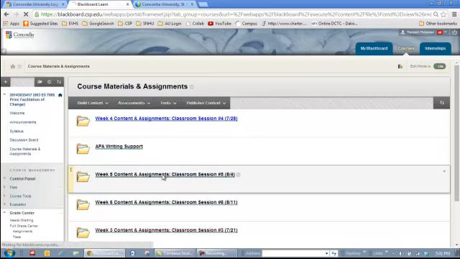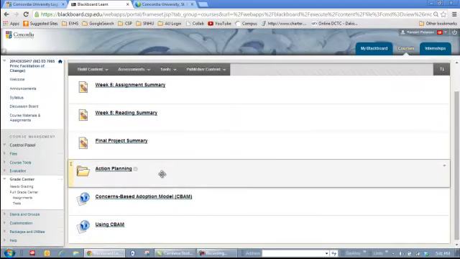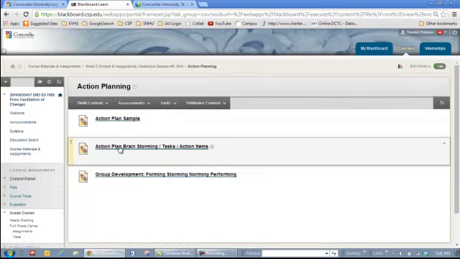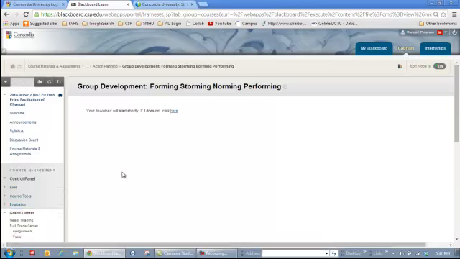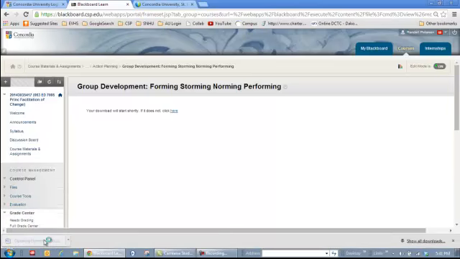If we go back to that file, that week 5 folder again, action planning, you'll also see a couple of different items. An action planning brainstorming form that is a wonderful opportunity just to start looking at what are the tasks, what are the items that I need to engage with to make this happen, be it with a large group or a small group action team. And the last one is a document that I found very, very important, and it's an older document from 1965,